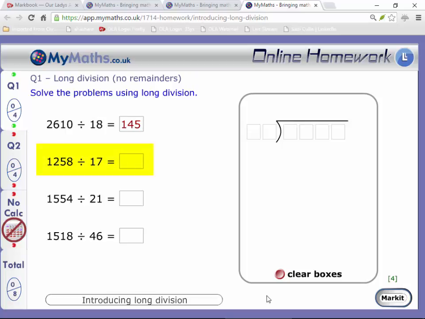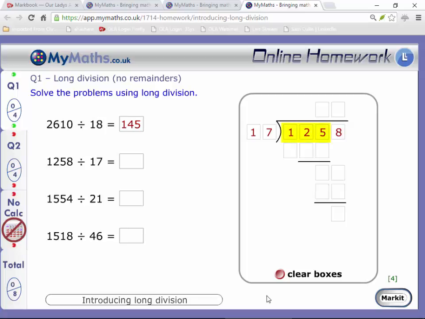So let's try 17 divided into 1258. So I'll put the 17 down. 1, 2, 5 and 8. It's giving you a bit of a clue already because it's filled in some boxes here. It's created some boxes to be filled in. Now 17 doesn't go into 1 or 12,